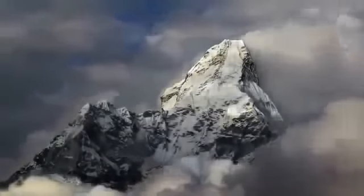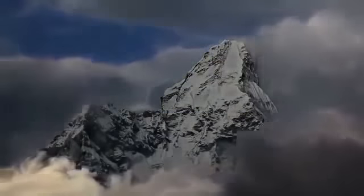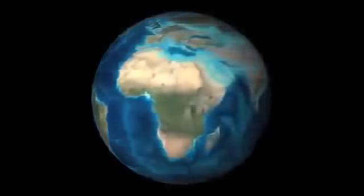By around 33 million years ago, South America had separated from Antarctica. Currents swirling around